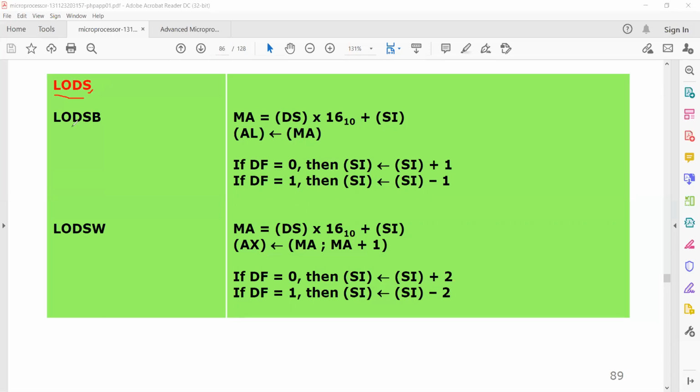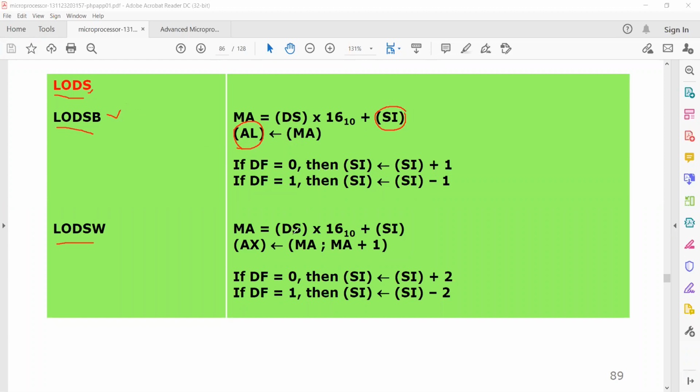So that can be done in two different ways: load string byte and load string word. We have a string in the source address, and that string will be copied or moved into the AL register. As it is string byte, we are using the AL register.